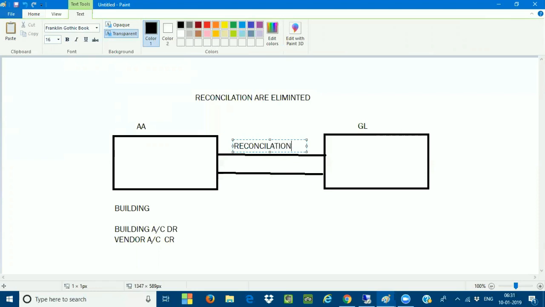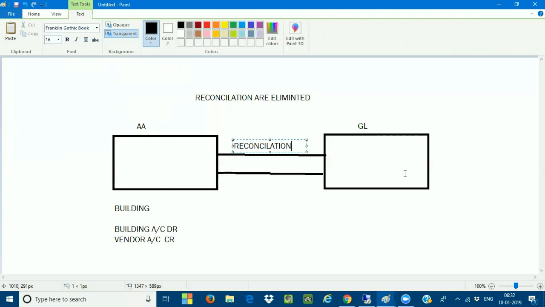Like we have a BRS, bank reconciliation statement, whatever debits and credits you have done in a day, you will get a complete statement by the end of the day. That is called a reconciliation statement. What is today's opening balance and today's closing balance? How many debits have we done? How many credits? You get a complete statement of account by the end of the day. Now what will be tomorrow's opening balance? In the same way, there is a reconciliation between the asset accounting and the general ledger.